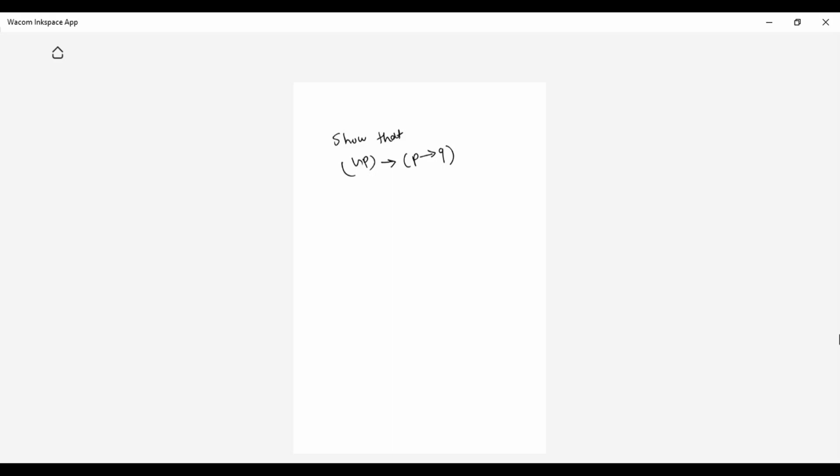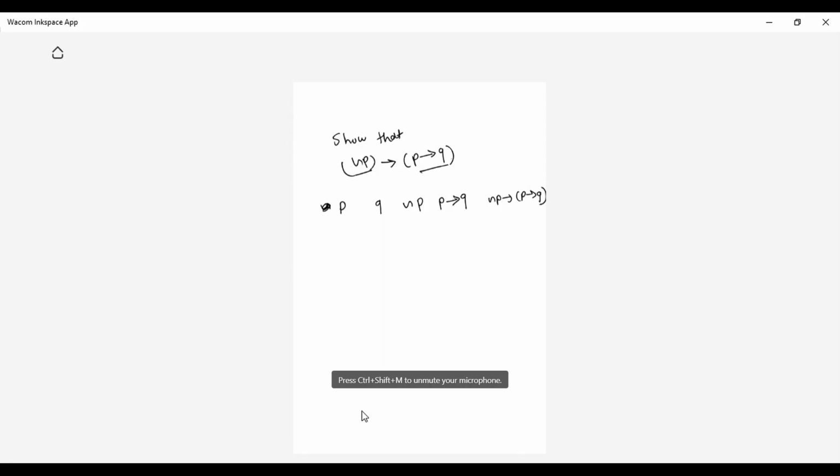In what way will you do it? You have to solve it with the help of a truth table, right? Negation P is the first term I'm going to get. Then P to the Q I'm going to find out. So I'll write P, Q, then negation P, then P to the Q, that is the second term. And finally, I'll have the answer, negation P to the Q.